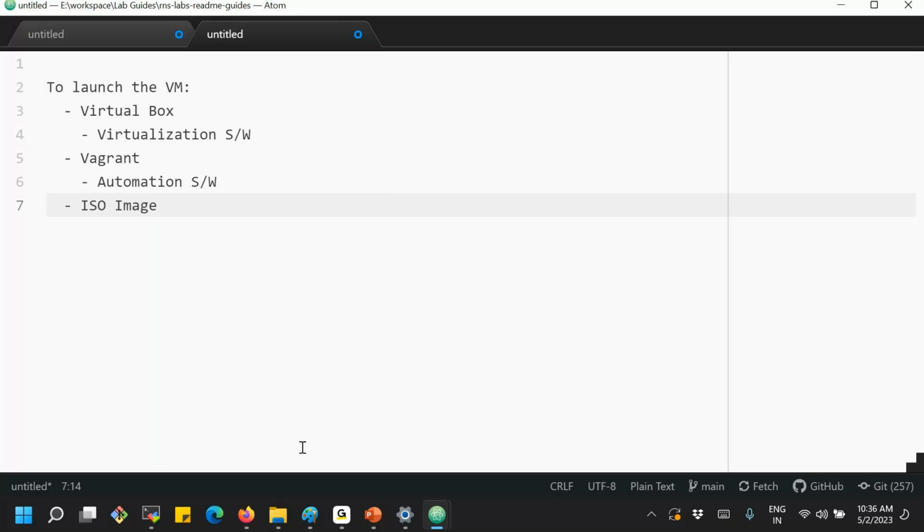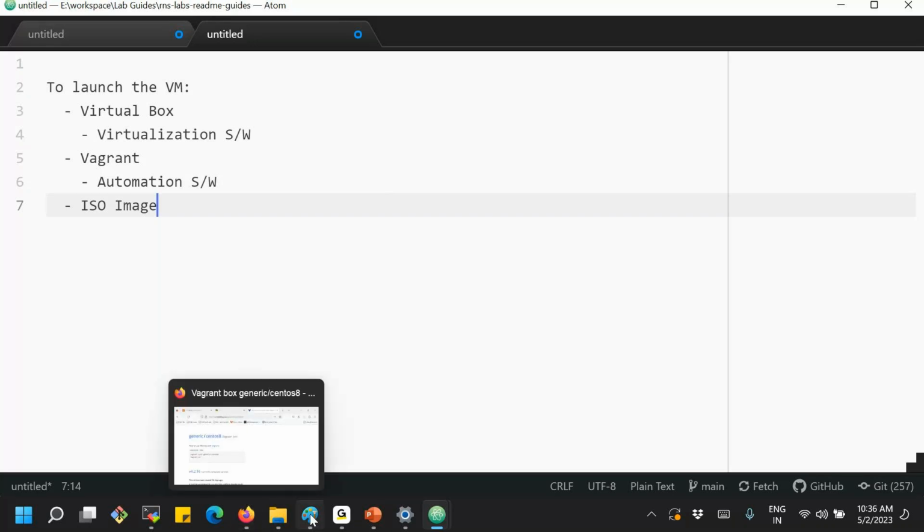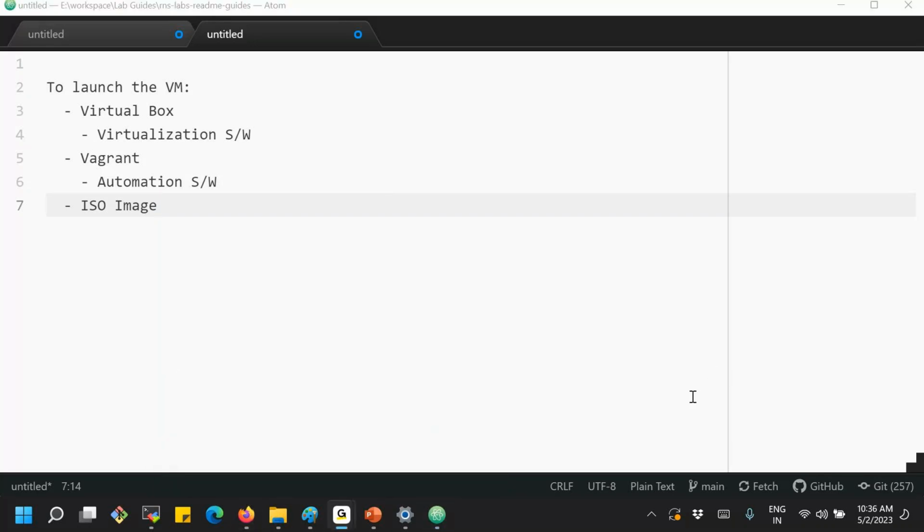Is it clear up to this? Type that in the chat window, Vagrant box. If you're good with understanding the Vagrant box concept, just type Vagrant box in the chat window. If everyone says yes, yes, yes, I cannot understand what you got, so be specific to the point. Yes, Vagrant box.